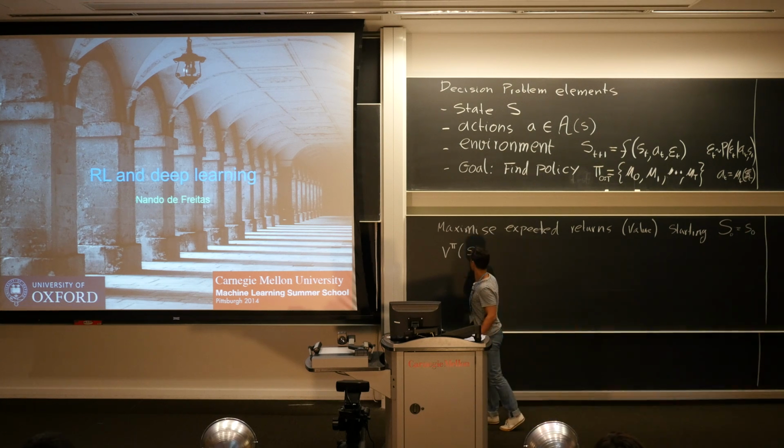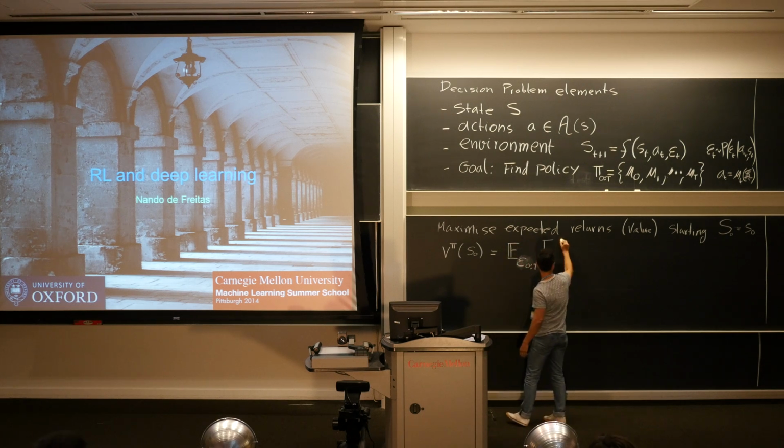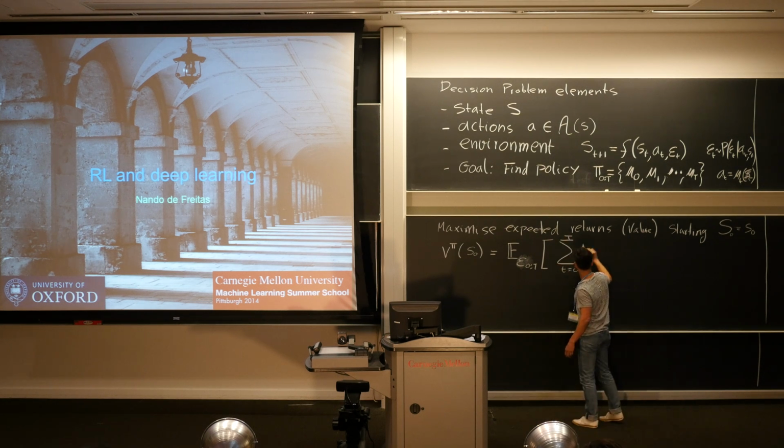So this is the value of the variable, and that's going to be an expectation over epsilon naught to t of a sum from t equals 0 to capital T of R